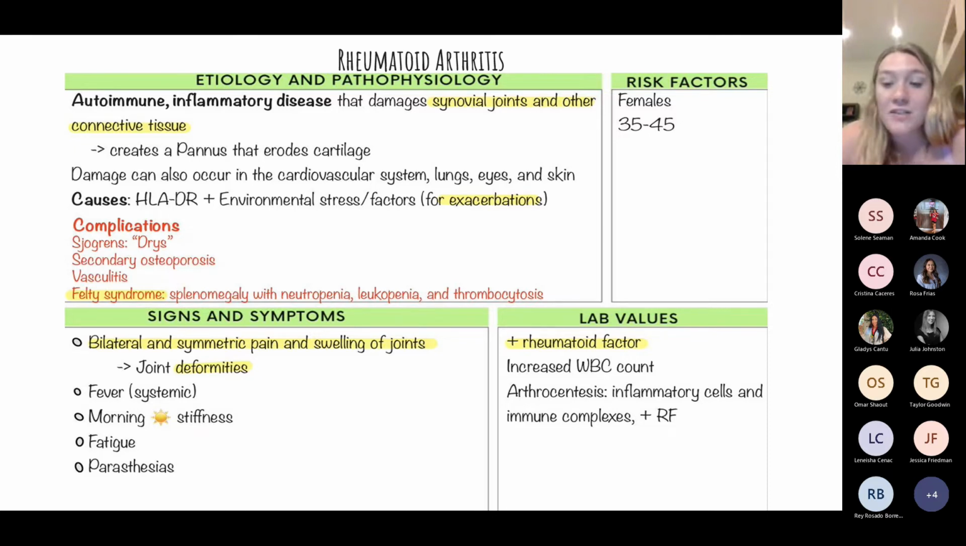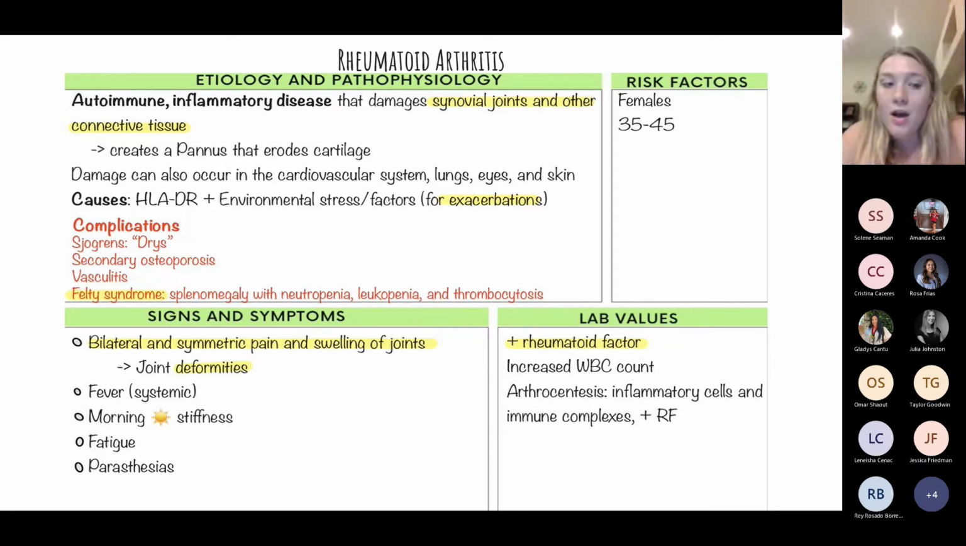Why? Because connective tissue isn't just in my joints. It is also in my heart, in my lungs, in my eyes, everywhere. So these patients can have lots of complications elsewhere in the body that's not just limited to your joints. This is why it's a systemic issue. With our systemic issue, this is why they're going to have symmetric bilateral pain and swelling of the joint. So maybe on both of my hands, I have lots of swelling and lots of pain